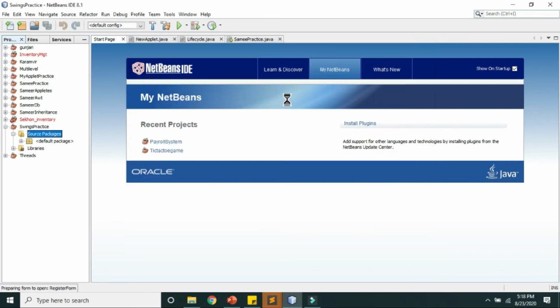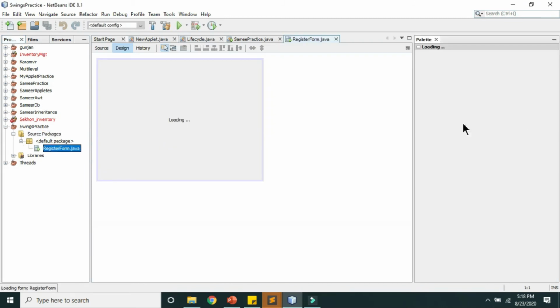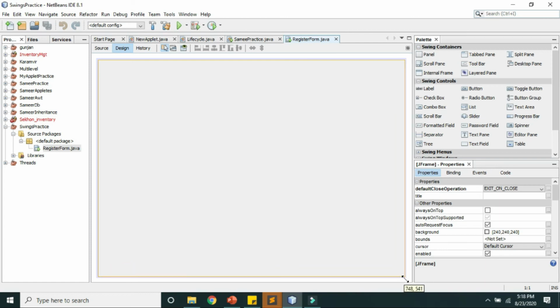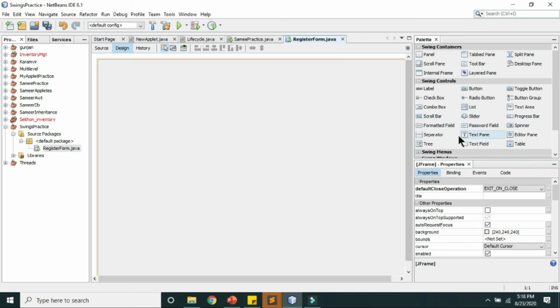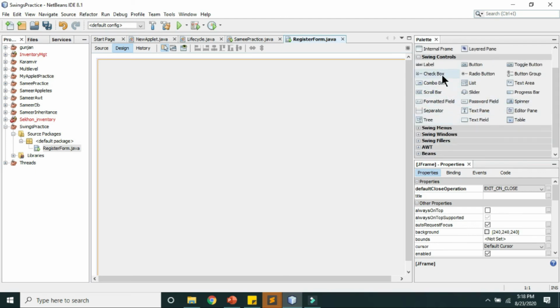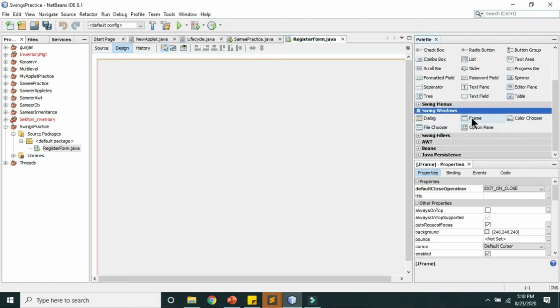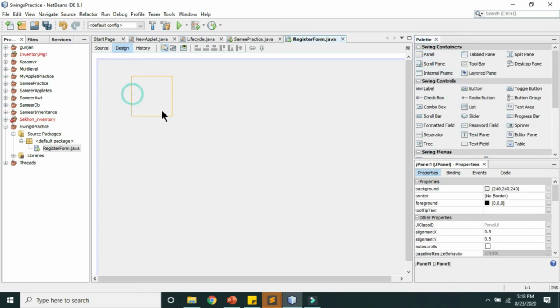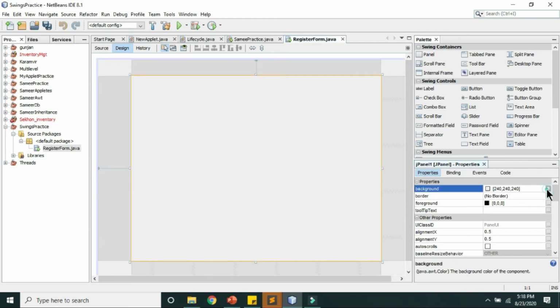Finish. Okay, the biggest advantage that you will have is you can use this palette window and drag and drop your controls. So it becomes very easy for you guys. Okay, to place the controls, it's better to start with the panel first. So draw the panel first. Where is the panel? Slider, formatted field, spinner, separator, editor pane, swings window. There you go. Where is the panel? There you go. This is the panel. So I have placed it, maximized it.